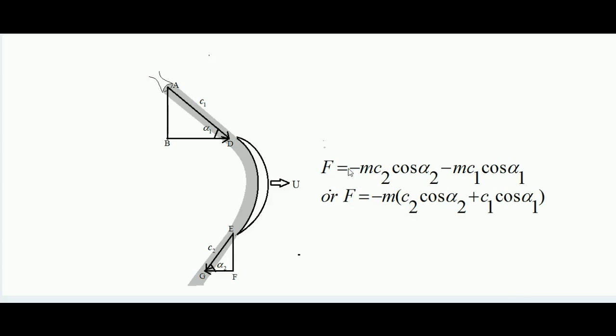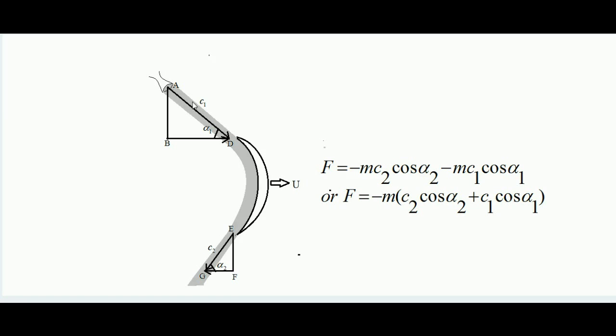Hello students, today we will learn how forces are developed over an impulse turbine blade. I am talking about a steam turbine in which the direction of flow of steam is in the axial direction. So you can see over here there is a blade and there is a nozzle, and steam is coming out from the nozzle, gliding through the inner surface of the blade and ultimately exits. The blade is moving in the horizontal direction.